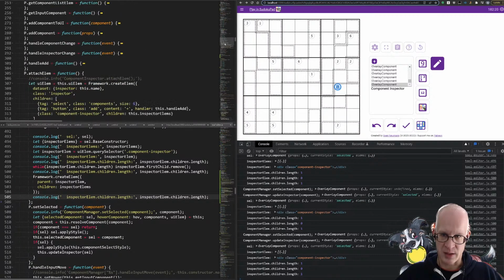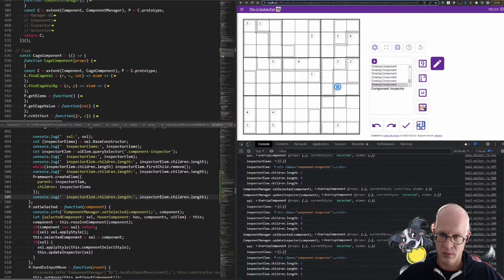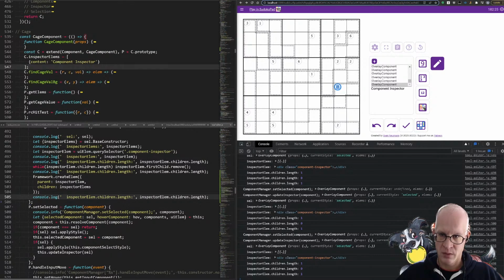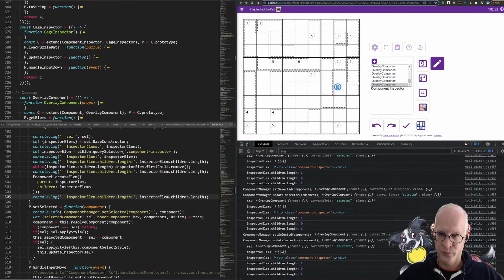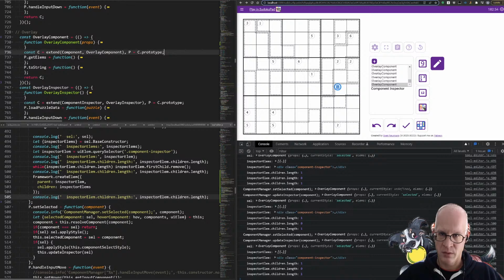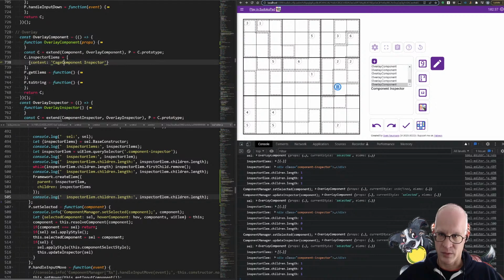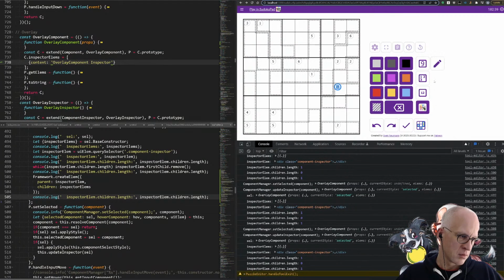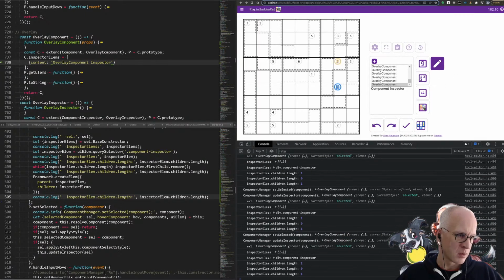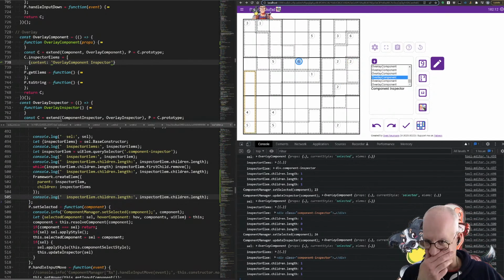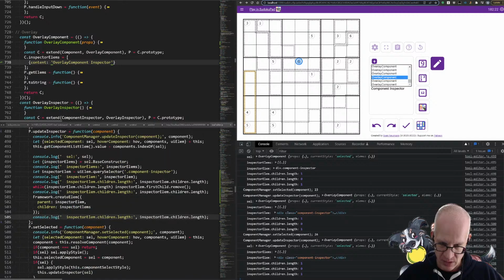Can I override that? That's the question now. So cage component, I'll just call it cage component inspector. And overlay component, we call that overlay component inspector. Component inspector. No, it does not override, because we're looking at the base class. So we don't actually want to look at the base class. We want to look at the